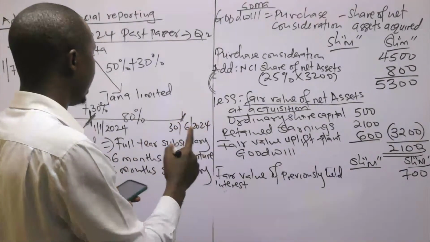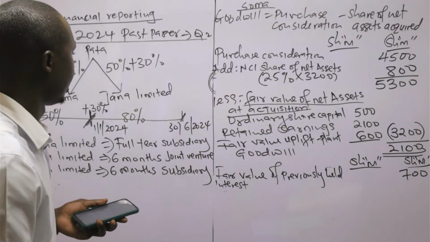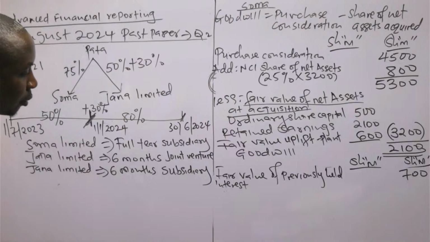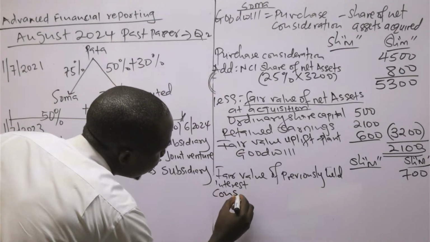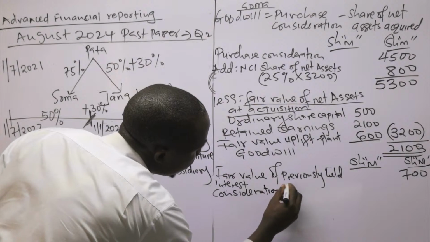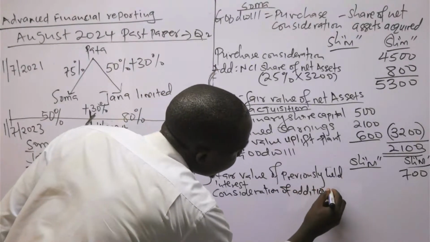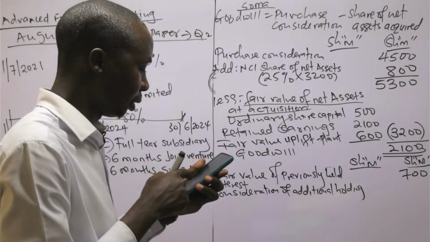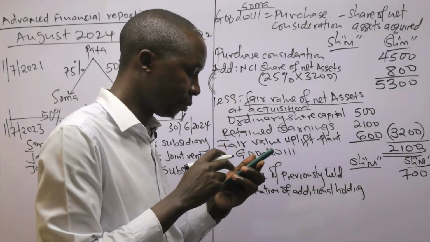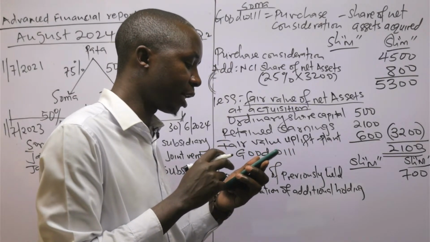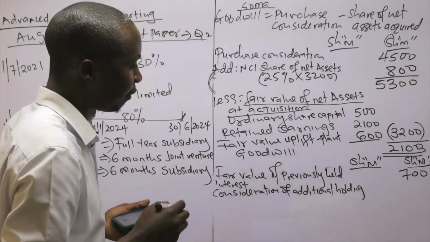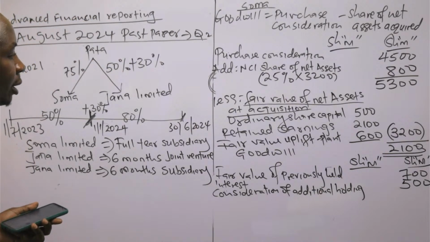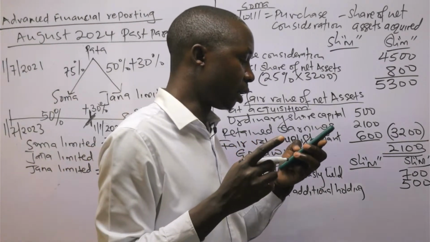Then they went ahead to add 30%, so that by this time Jana becomes a subsidiary. So the consideration of the additional holding: on 1st January 2024, Pata Limited acquired an additional 30% of the shareholding in Jana for a cash consideration of 500. Then, since they mentioned in note 4,